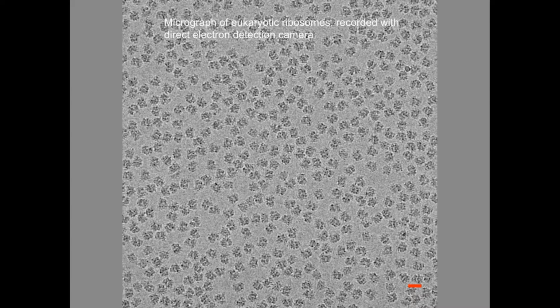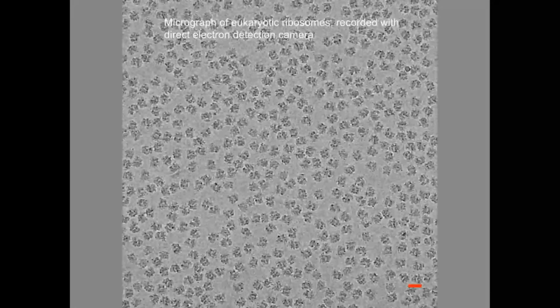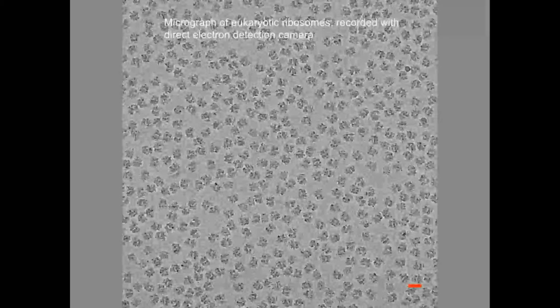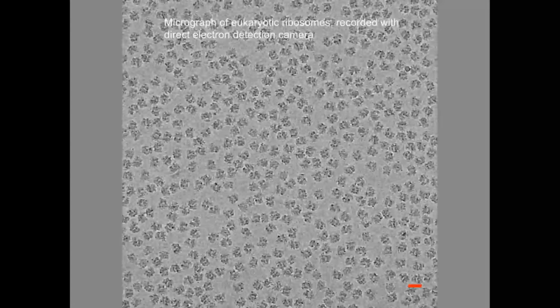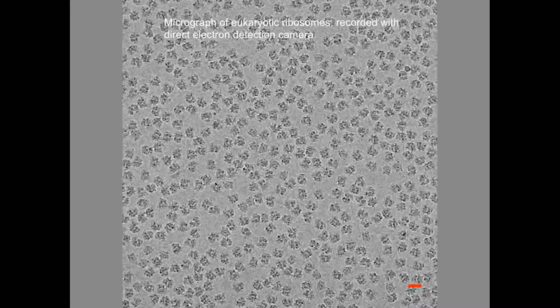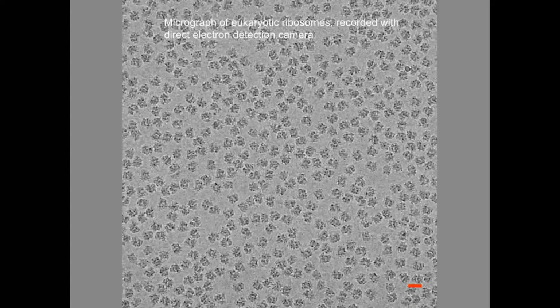This is an example of a micrograph of eukaryotic ribosomes, and it's recorded with the direct electron detection camera. On film, we would never see this kind of contrast. Well, the ribosome actually has a rather large contrast because it has such a large RNA content. But even for protein molecules, we can now see very distinct views, which was never possible before when we recorded